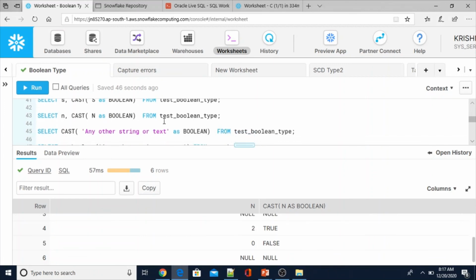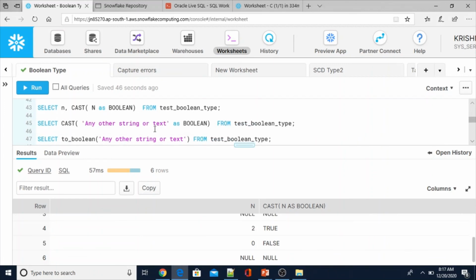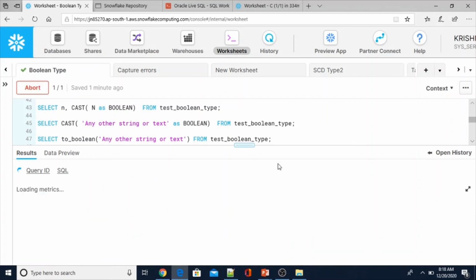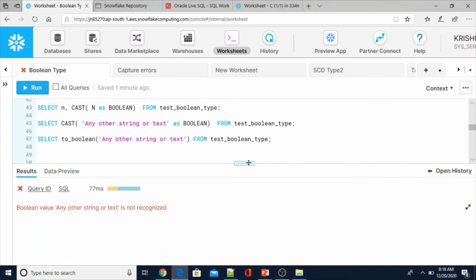And as I told you, we cannot convert any other strings like s or no. Okay, if you see here, I am casting any other string or text as Boolean. Now we'll see what the output is. See, we got the error: Boolean value any other string or text is not recognized. That means we cannot convert any strings other than yes, no, off, on, like that.